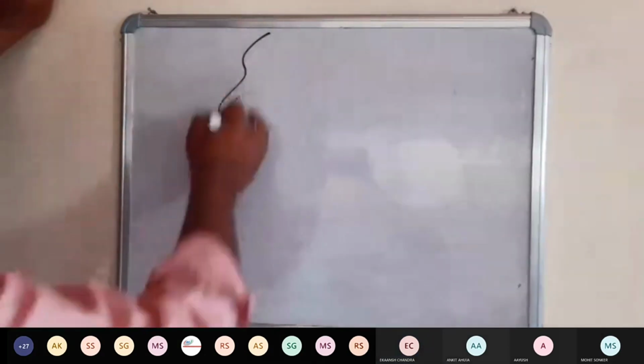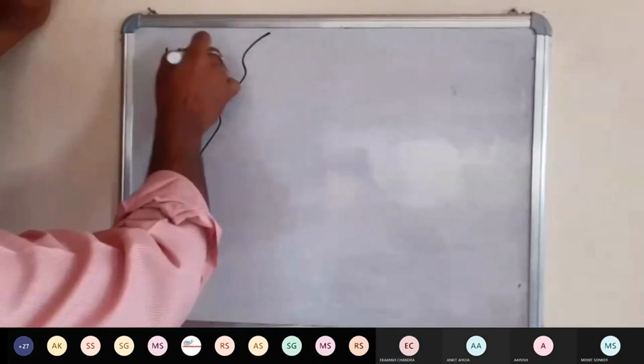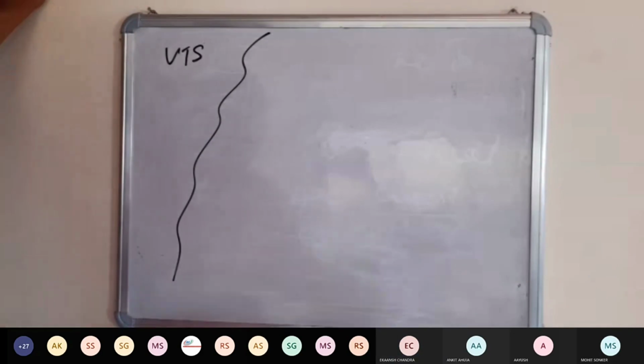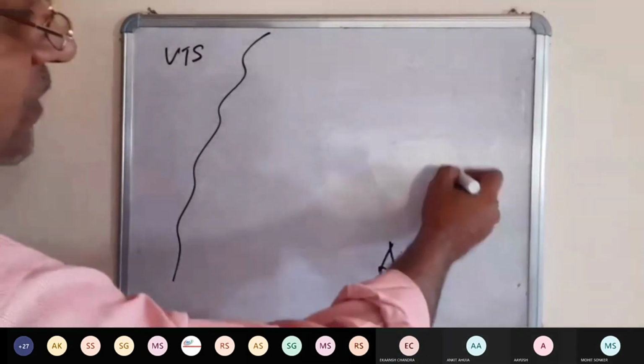Board visible? Yes, sir. Okay, so suppose there is this VTS here on shore, your ship here, maybe some other ships going there,